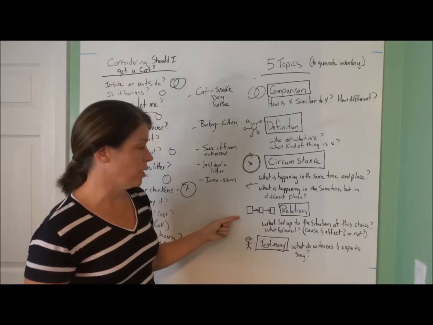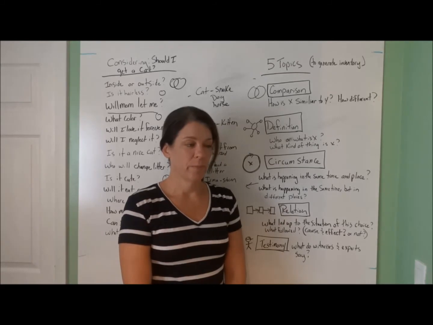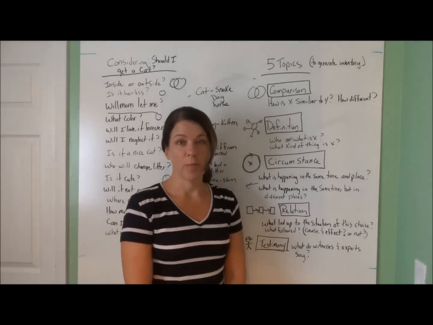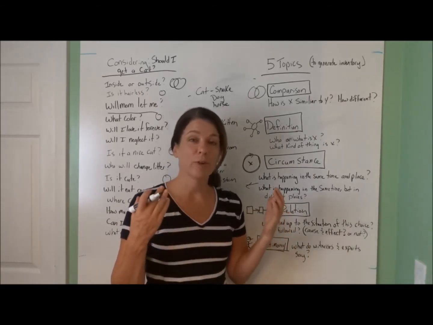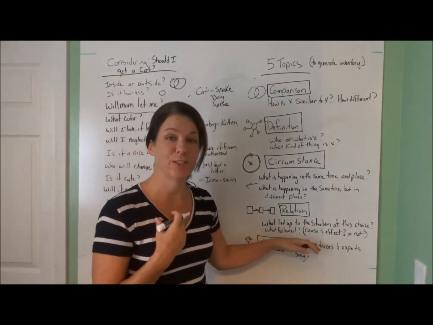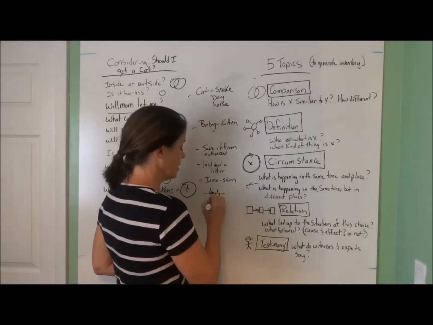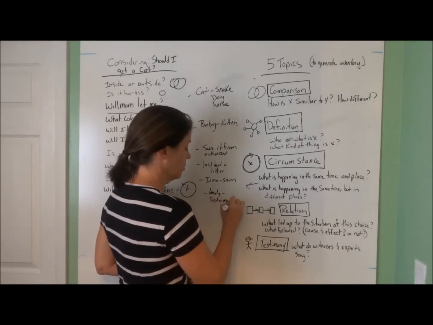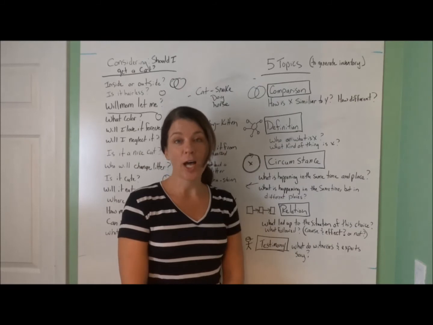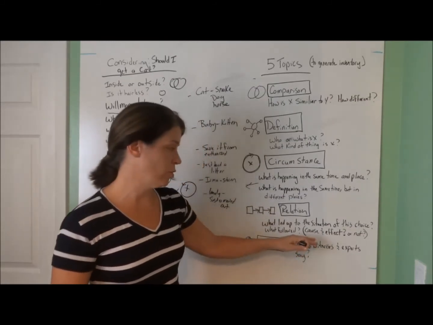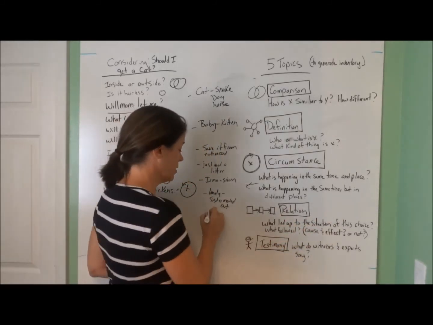So then you could go to relation. Well, what led up to the situation of this choice? Gosh, Mom, I've had a really hard summer. My sister just moved off to college and left me all alone. And so I feel very lonely. And the effect of this cat would be to comfort me in my loneliness, right? So I could say I'm lonely. My sister just moved out. And you could say we could get the cat declawed and it wouldn't ruin the house, right? So by anticipating a potential effect of a cat, you might be able to come up with some things to help